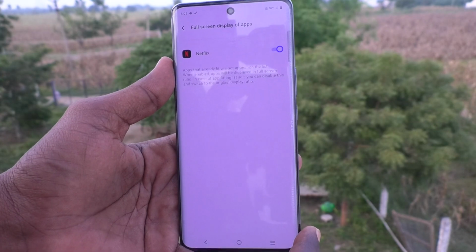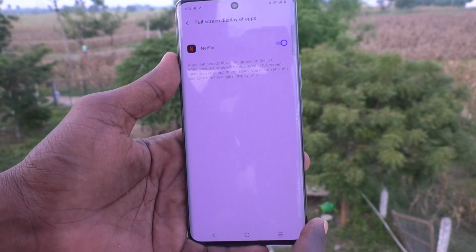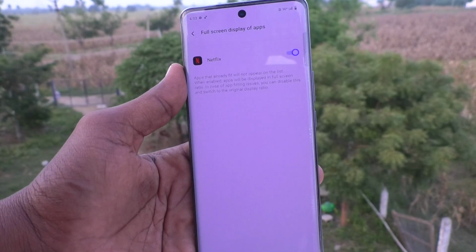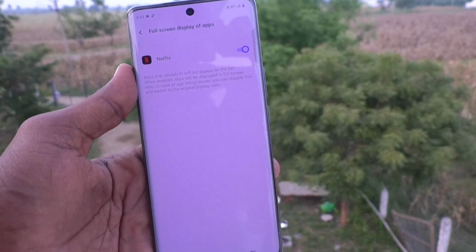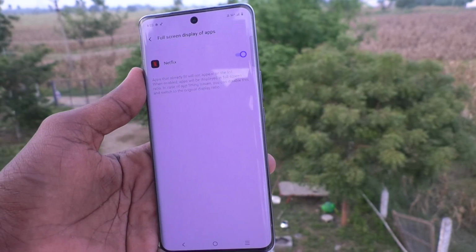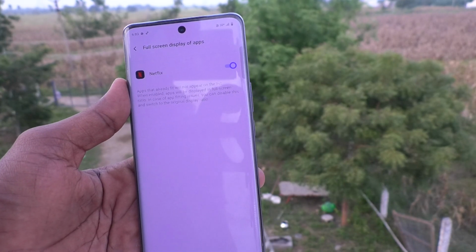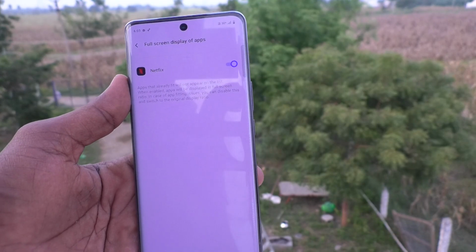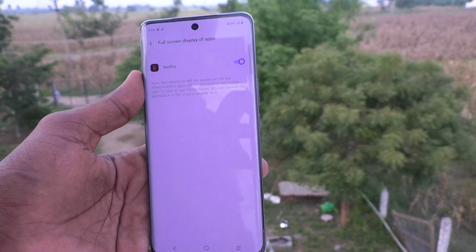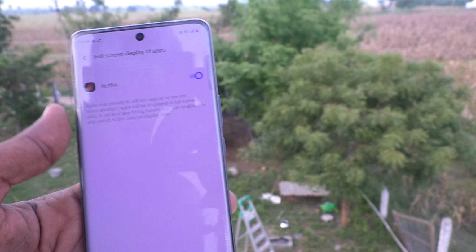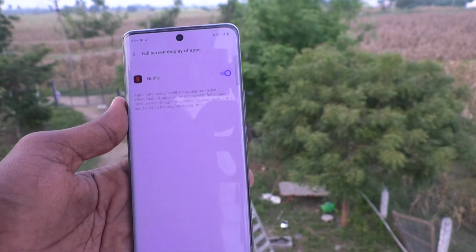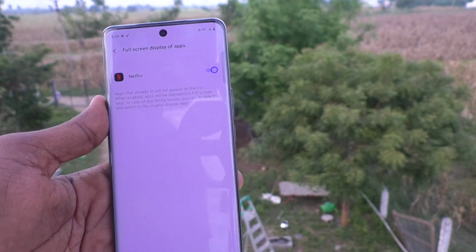Apps that already fit will not appear on the list. That is, only apps that already have full screen display will not appear here. The apps which are not fit for full screen display will be displayed here. That is, here displayed Netflix. Okay, so in this way you can easily set full screen display for Netflix in your phone